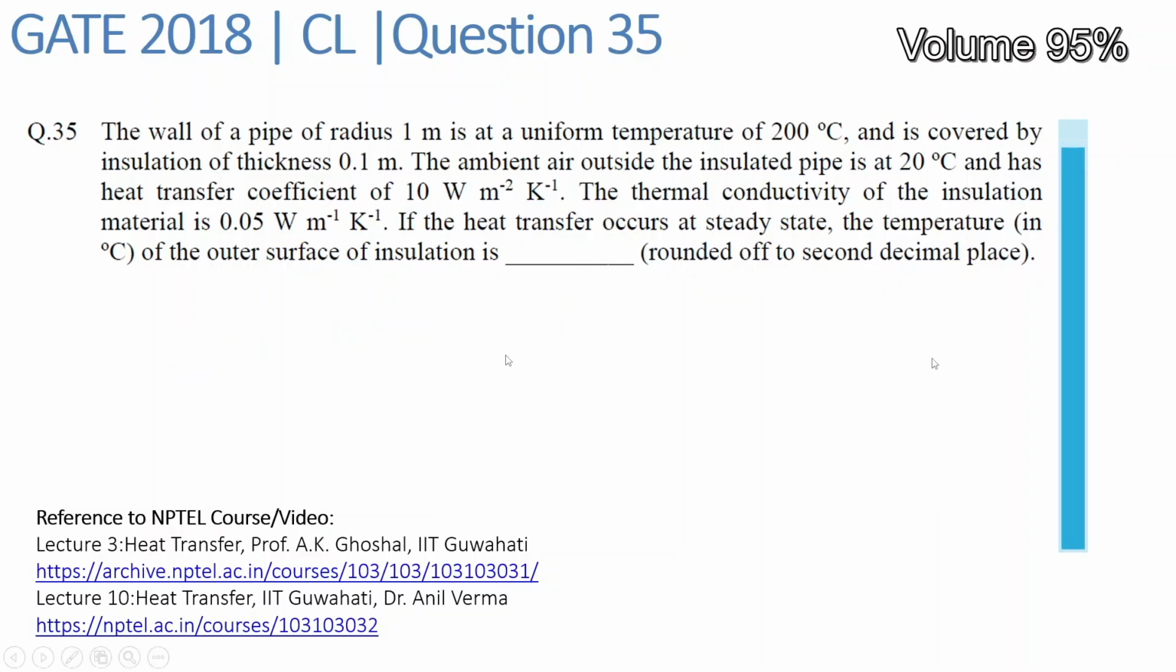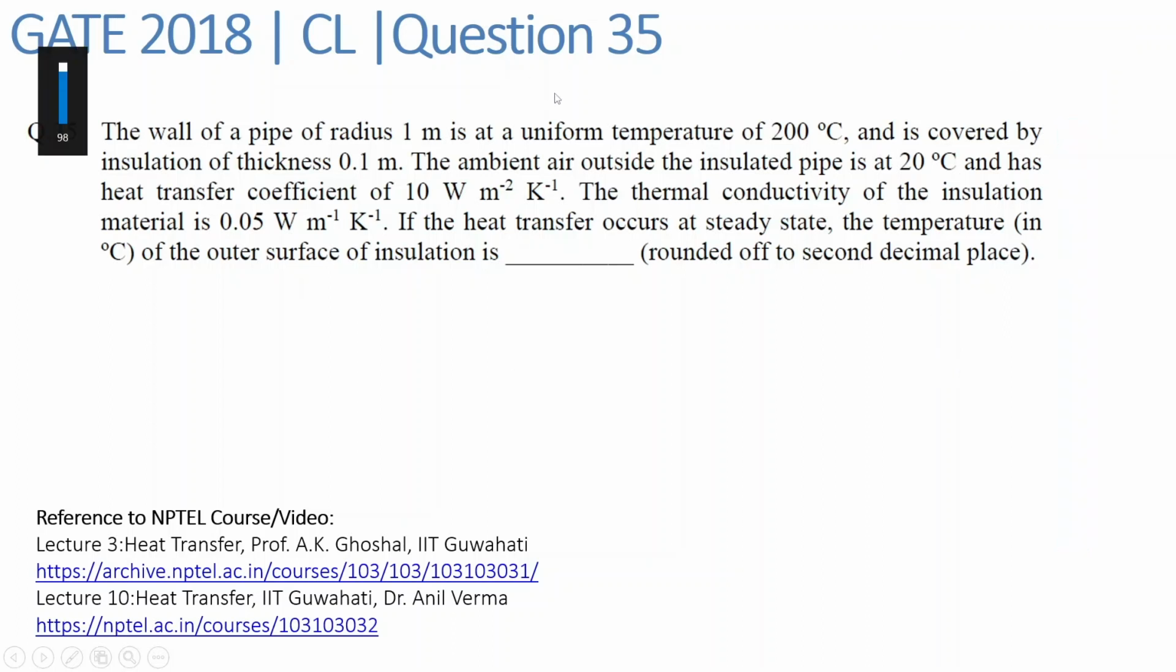Hello everyone, this is question number 35 of GATE Chemical Engineering 2018 paper from heat transfer. The question is, the wall of a pipe of radius 1 meter is at uniform temperature of 200 degrees Celsius and is covered by insulation of thickness 0.1 meter. The ambient air outside the insulated pipe is at 20 degrees Celsius and has heat transfer coefficient of 10 watt per meter square Kelvin. The thermal conductivity of the insulation material is 0.05 watt per meter Kelvin. If the heat transfer occurs at steady state, the temperature in degrees Celsius of the outer surface of insulation is